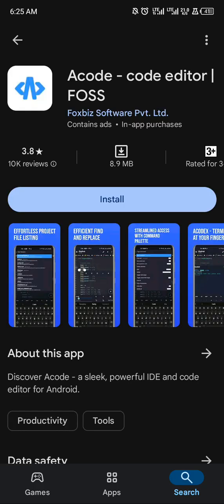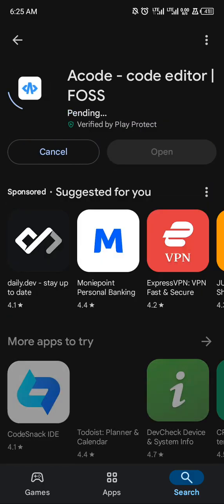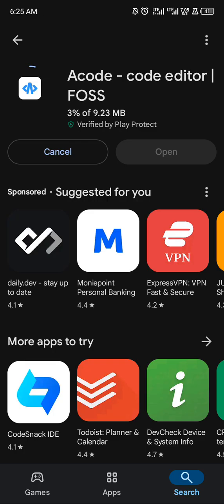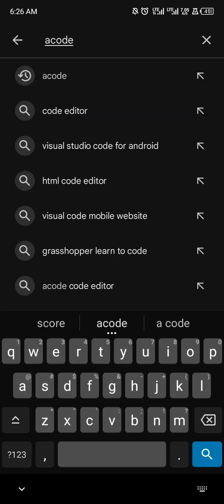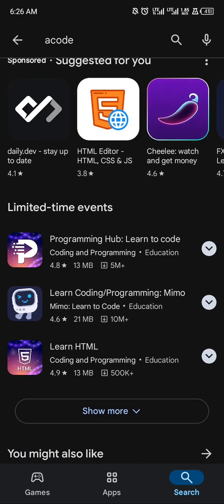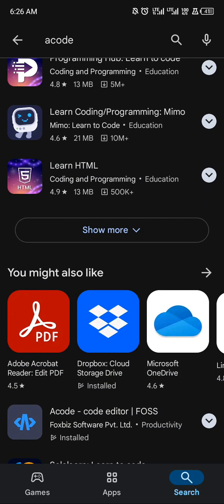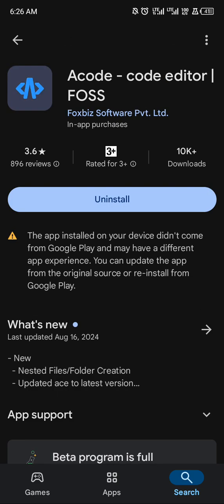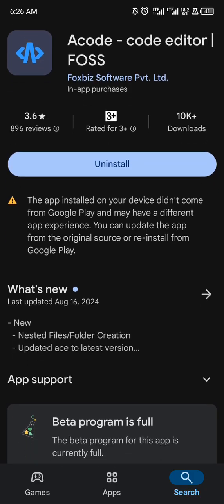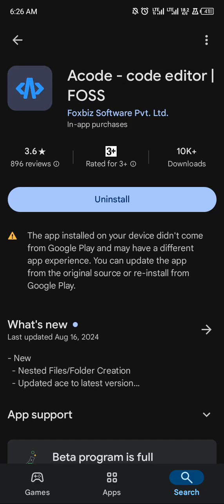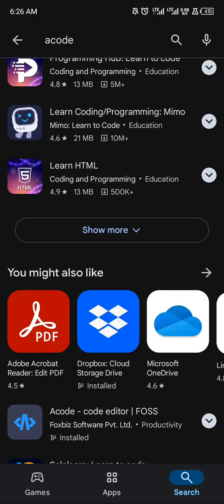So this app, this one is the free version on Play Store. It's a free and open source software. So once you install it, you can now use it. Though there is the paid version. This is the paid version. But you don't need to install the paid version from this place. In order to install this paid version,